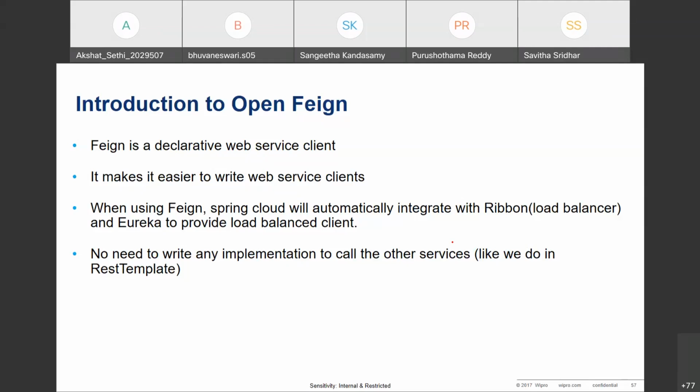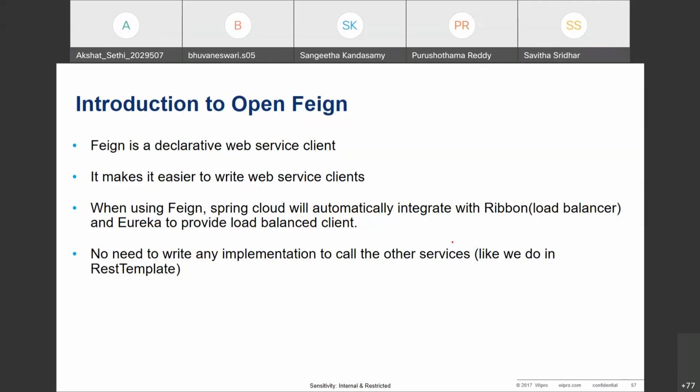It follows a declarative programming model where it focuses on what to do, but internal complexities, algorithms, etc., the developer need not be bothered. So it becomes easier for me and you as a developer to use the Feign client